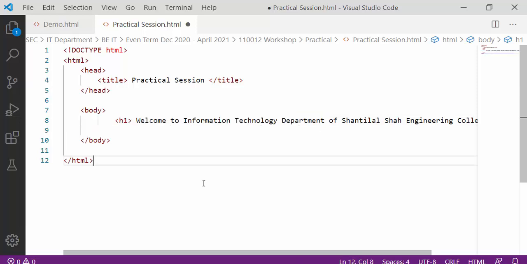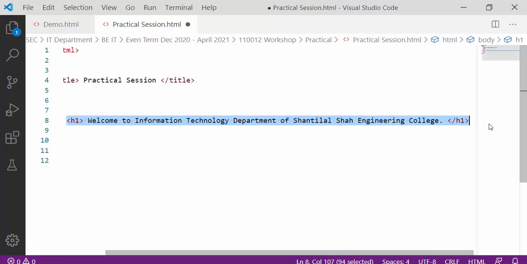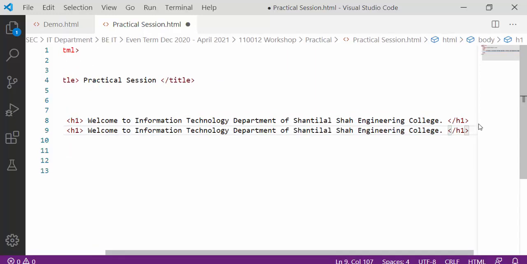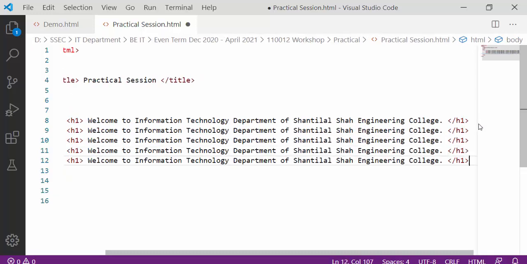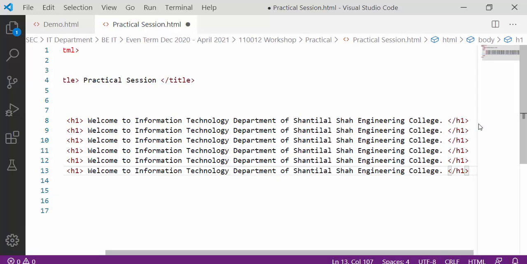Let's copy each and every line and paste it 6 times, and give 2, 3, 4, 5 and 6.